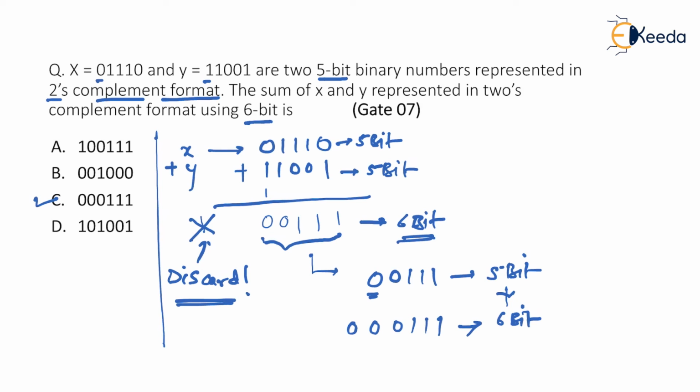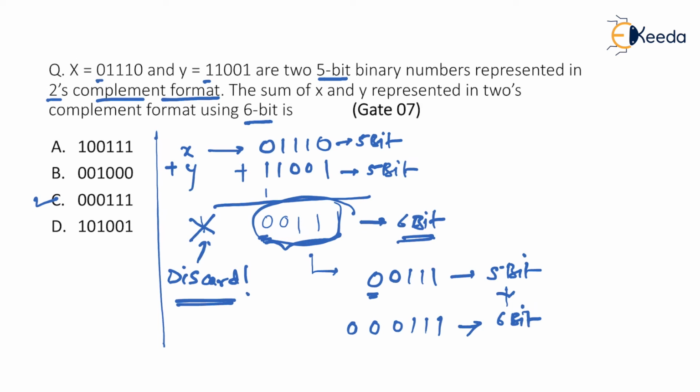But let me tell you, I'm going to solve the same problem by using a different method so that it becomes quite easy for you to really accept this, okay? Because it is quite difficult to digest that you are discarding the carry, then the result has become 5-bit, which is unfortunately in this case positive, and the answer has become 6-bit. Why don't we consider that carry, and why can't we make it 6-bit during that time only? So I'll prove it by solving the same problem by a different method. Then you will get convinced of this theory also.